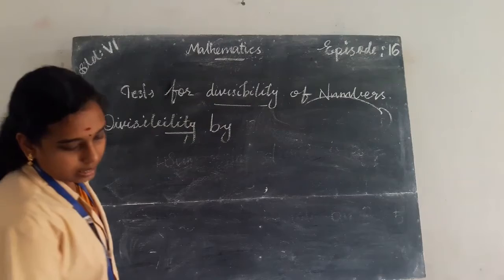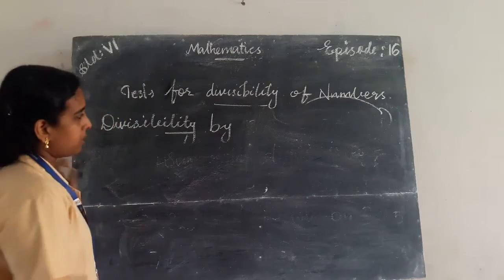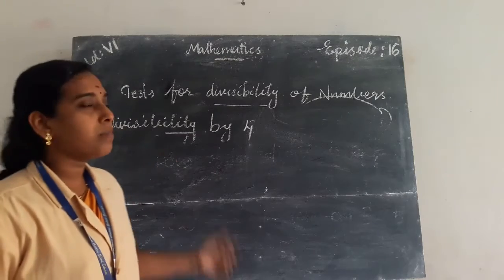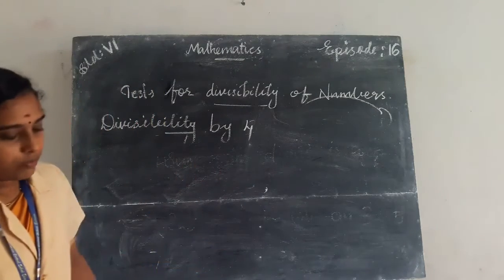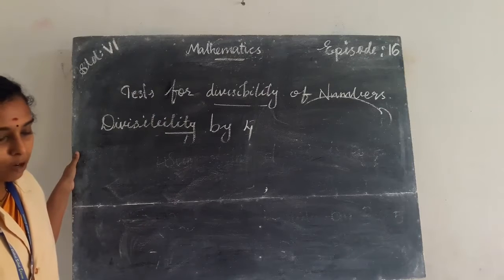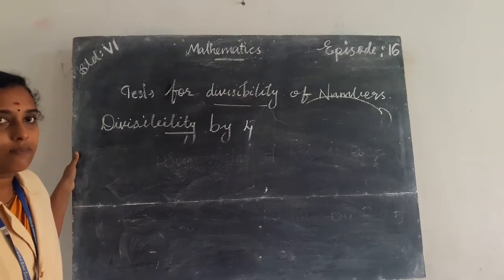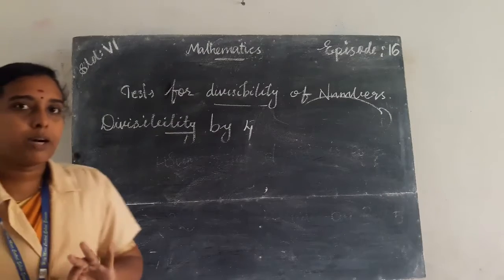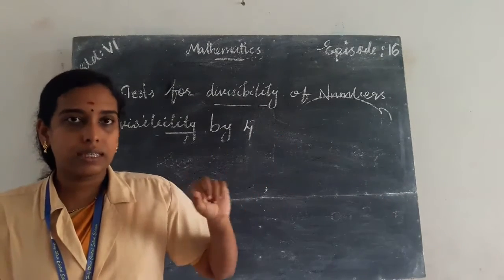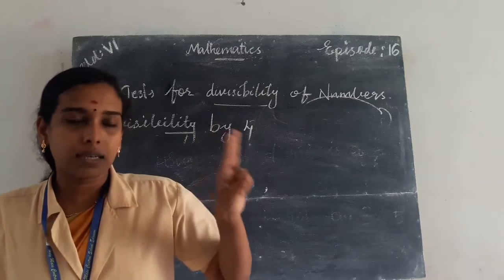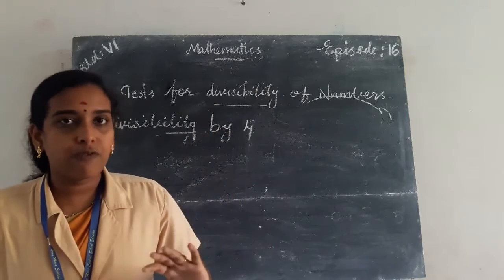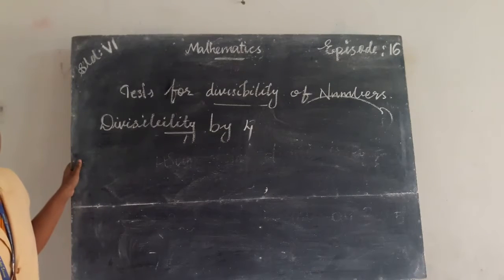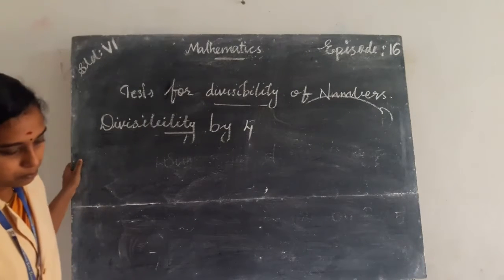And the next one is divisibility by 4. To check whether a number is divisible by 4 or not, we apply the rule that if the number formed by its last two digits is divisible by 4, then the number is divisible by 4. If a number is given and its last two digits are divisible by 4, then we can say that the number is always divisible by 4. For example,